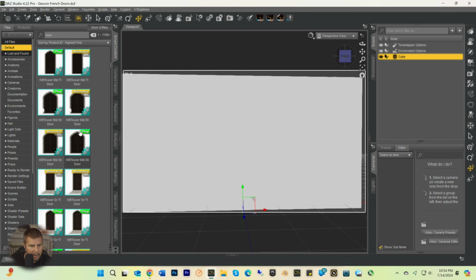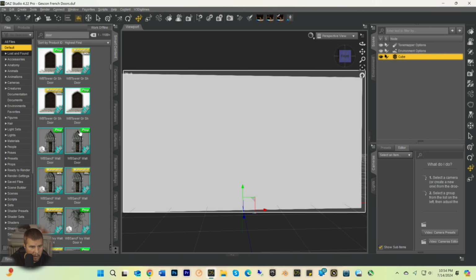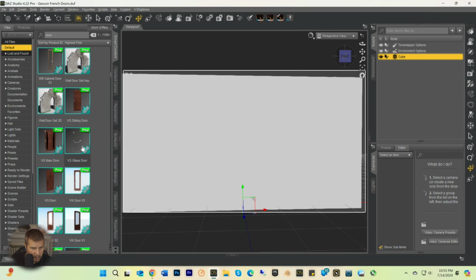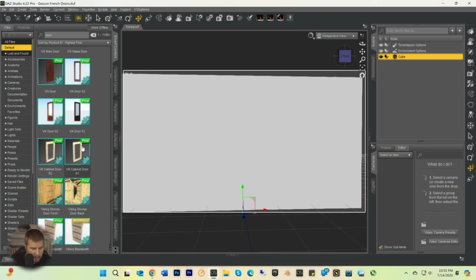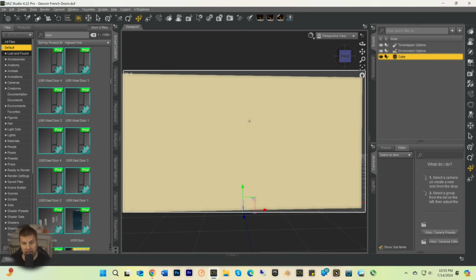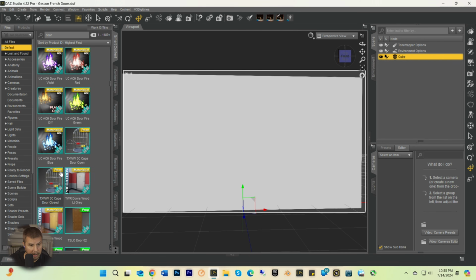It's the kind of thing like you want to put a door in your scene, you know, you want to put a window in your scene. And if you put it in, it's going to have this block it. You know, you could slide it in there, but it's not going to